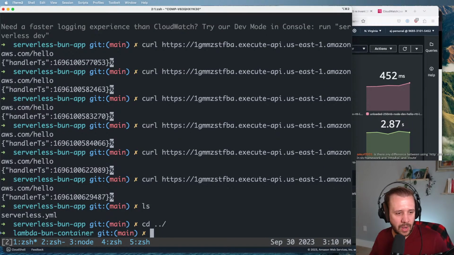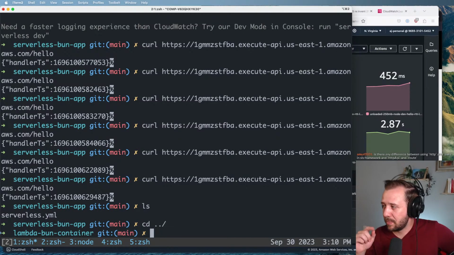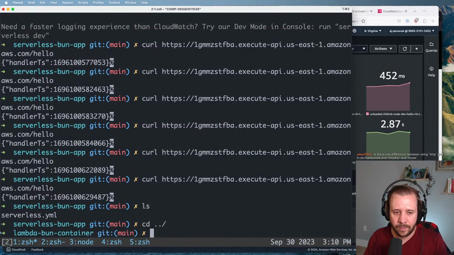Emmer, hey, welcome back. Is there any difference between using HTTP and path in the serverless framework and HTTP API and route? Yes, big difference, big difference. So if we look at the serverless Bun app,